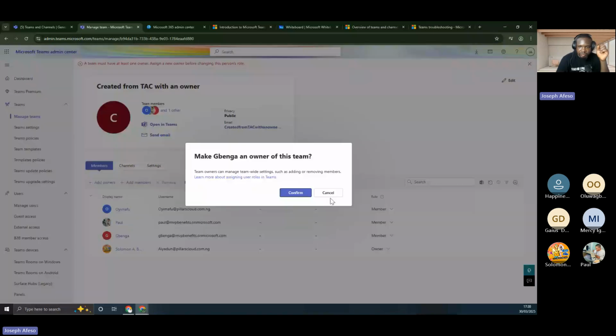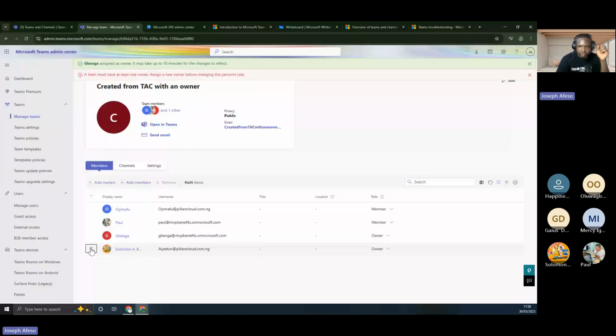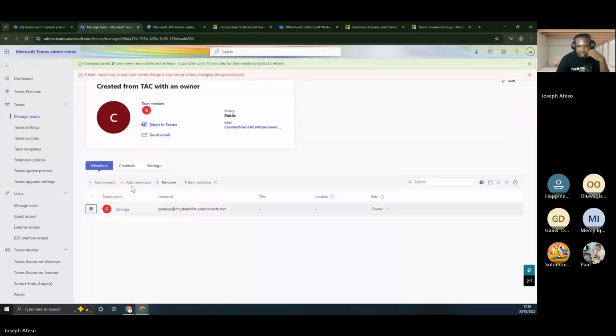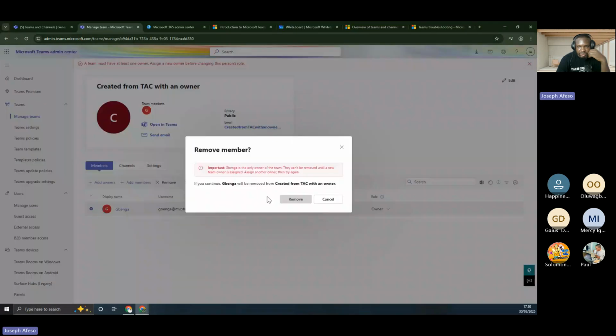It means that if I make this person an owner, I can remove Solomon, I can remove this person, remove this person. Now I'm going to remove them, and they are all removed. Let me try to remove this guy. Remove. You can see that this is no longer possible. But when I created a team, I could remove everybody, right?